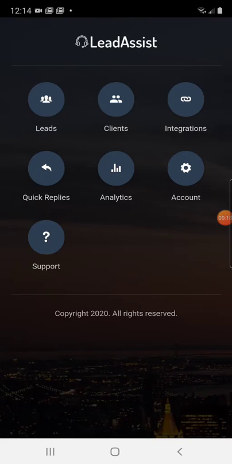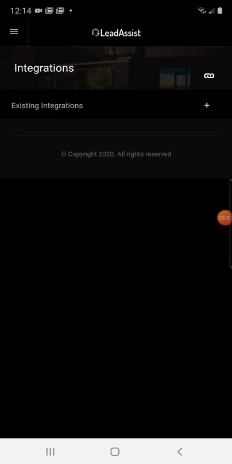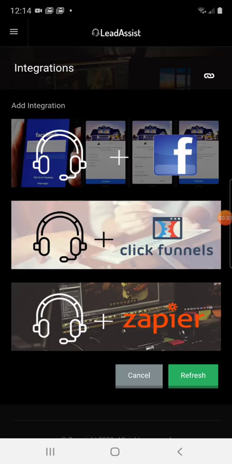After you log into Lead Assist the first time, the first thing that you want to do is establish an integration to get your leads into the platform. Click on Integrations in the upper right-hand corner, then click Existing Integrations. For this example, we're going to use Facebook. So click the top one that says Facebook,